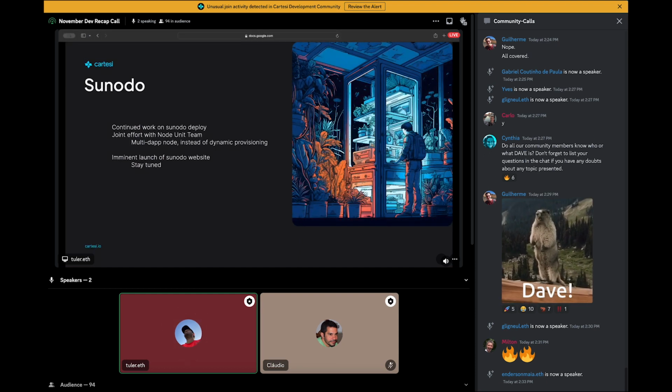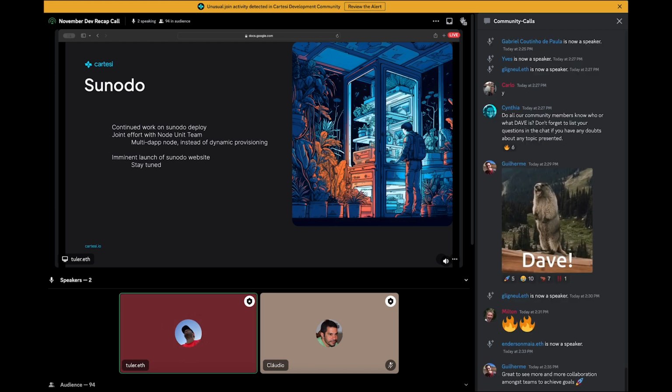So we are starting like a joint effort to, instead of doing the dynamic provisioning, to use a multi-dApp node that Yves is already mentioning in his slide. So it's gonna be easier for us, and it was kind of already in his roadmap for the future. So we are planning this together now.